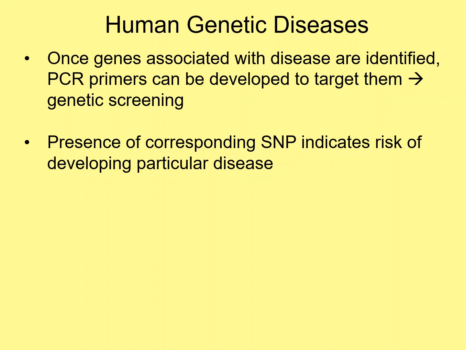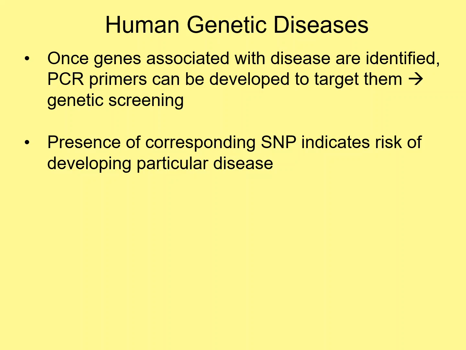So one of the purposes behind genetic screening is you take a DNA sample from someone, and you expose that DNA sample to primer sequences that bind to particular SNPs, such as the SNP for Huntington's. So if you have it, the primer will bind to that SNP on your DNA sample,